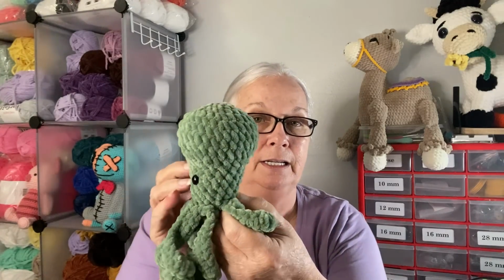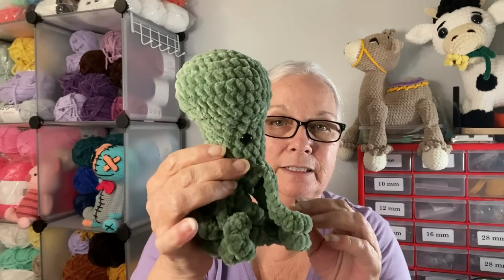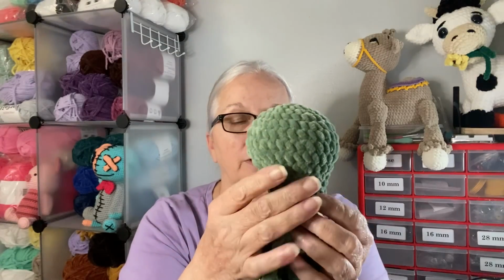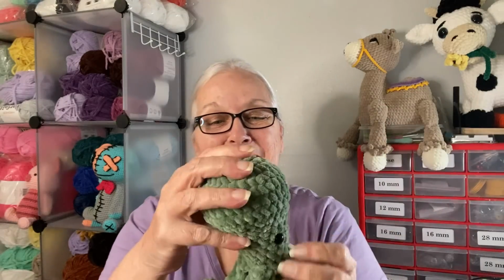And you get a... I think I'm crooked. I'm crooked. Okay. So you get this, and it's got this nice shape to the head. But in the pattern, it doesn't specify what's the front and what's the back. And now that the yarn has had a chance to relax, I can see that I didn't quite make the front. Like, this should have been my front for my eyes. I am over to the side of the head. Like, oh my goodness. But now that it's had a chance to kind of relax and doesn't have me pulling on it,